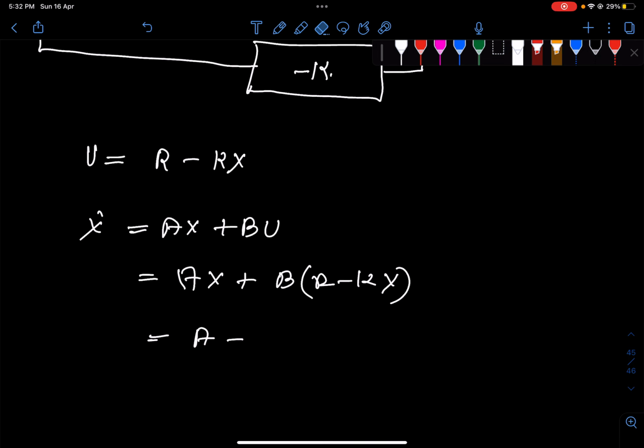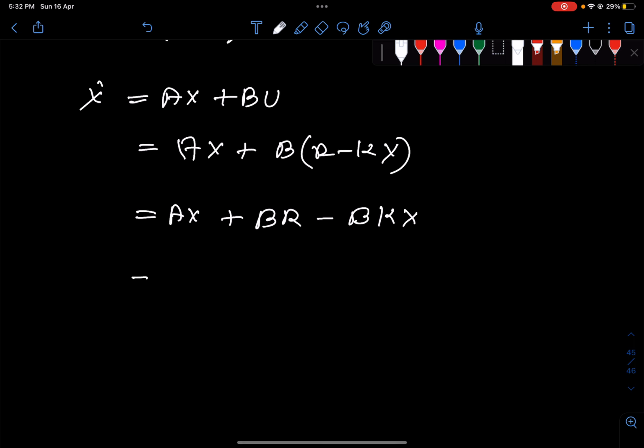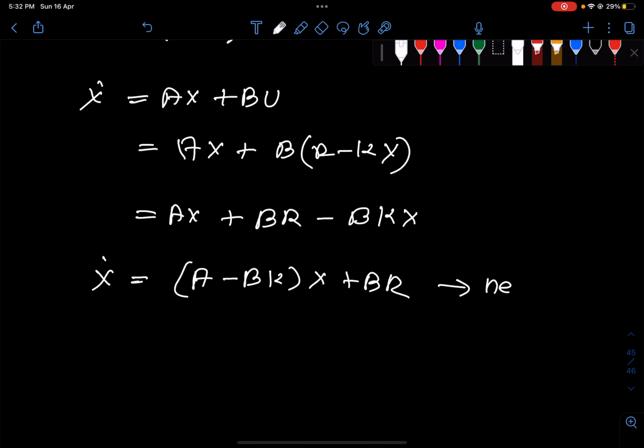So it will be ax plus br minus b times kx, or a minus bk times x plus br. That is our x dot, the new state equation